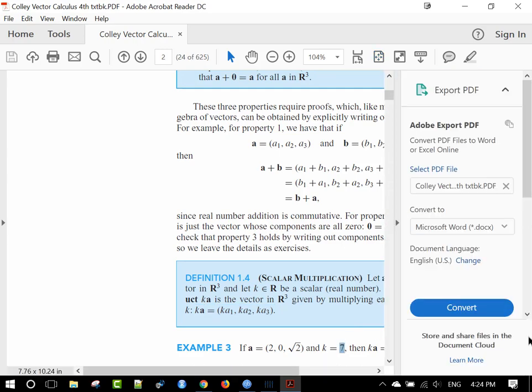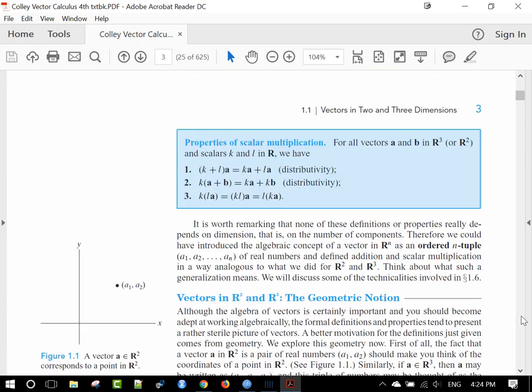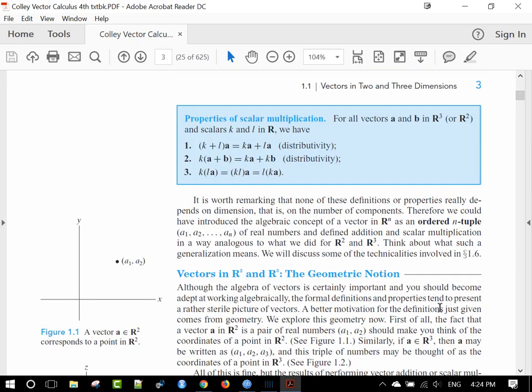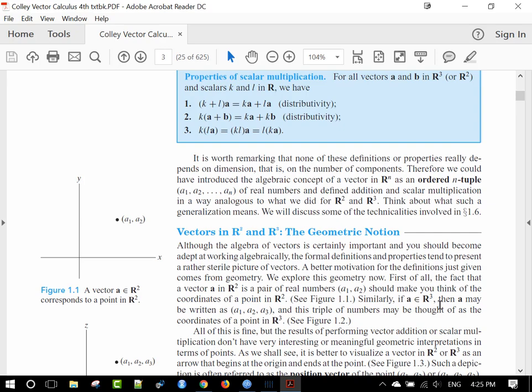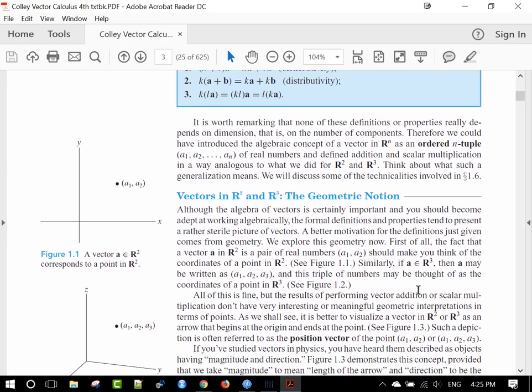Then we can also give a kind of geometric interpretation of a vector. So that sometimes is useful, and also I think that may be where the notion of vector originally came from, was the geometric idea of a vector. So we can say that a vector is just a point in the plane. So if it's R2, it's here. If it's R3, it's there. And that's a valid